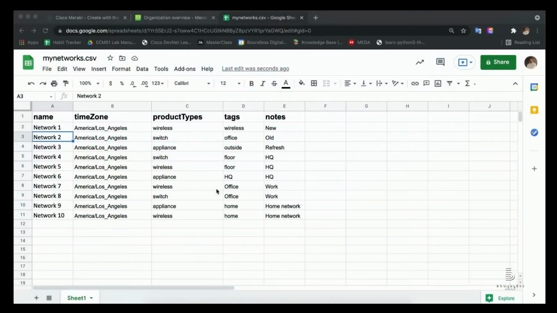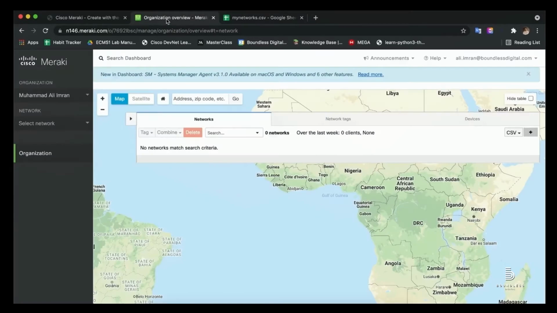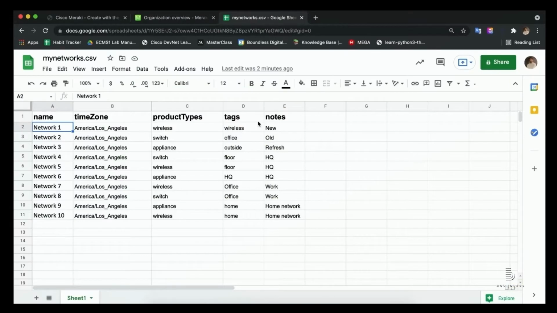As you can see over here, we're looking at an Excel file, and the reason we're looking at this is because we're going to be provisioning all of these networks with all of this information using the Meraki APIs all at the same time. So on my dashboard, I've cleared everything out in my lab and there's no networks, and we're going to create all 10 of these using the Meraki API call and using what we learned earlier with